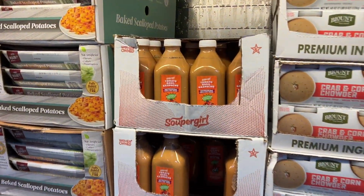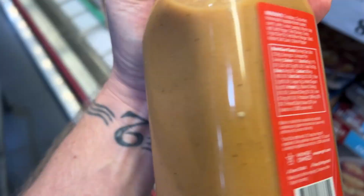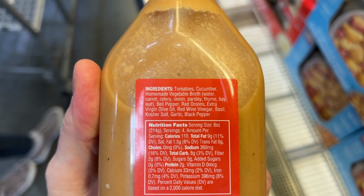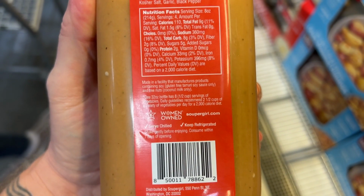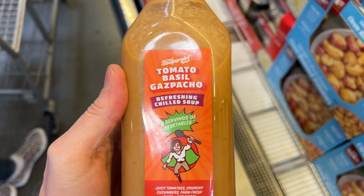Gazpacho in a bottle? Now there's something you just don't see every day. Let's see what's in it. Tomatoes, cucumber, homemade vegetable broth, and a bunch of other stuff. This actually looks somewhat healthy. I don't know that I really want gazpacho in a bottle, but...